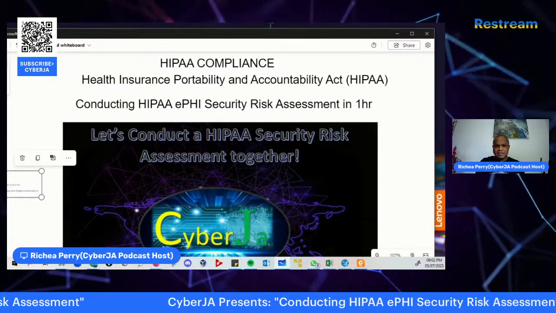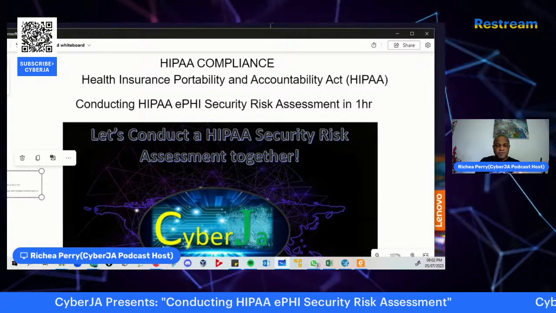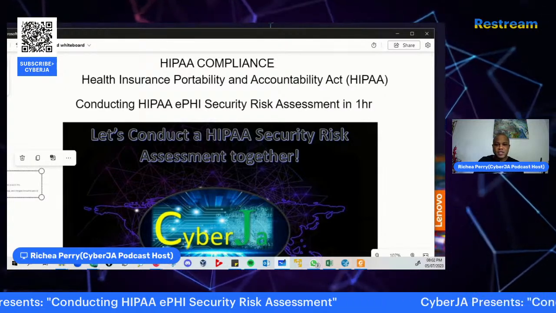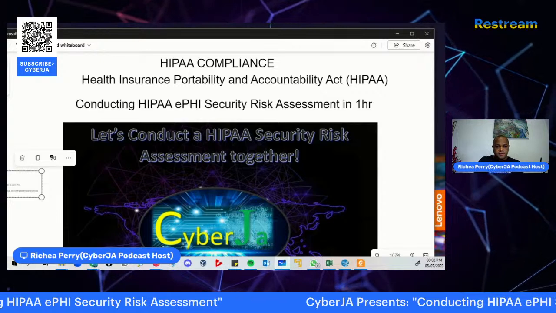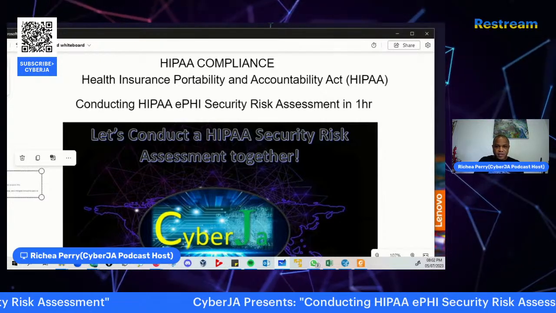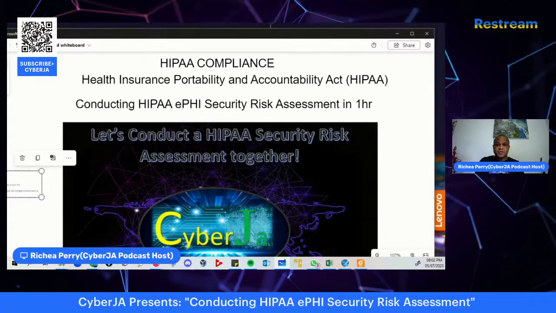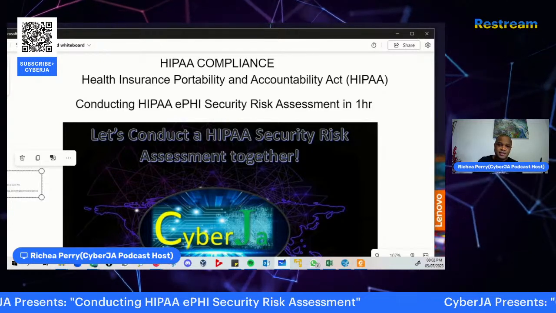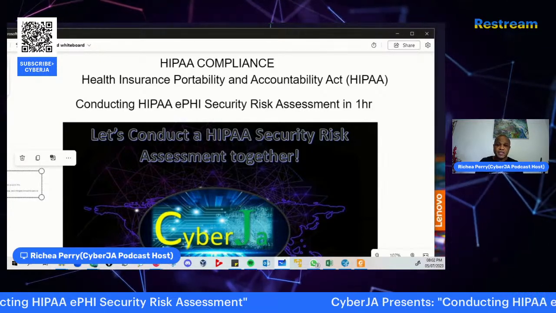Once you understand the standard, then it's a matter of understanding the implementation process.